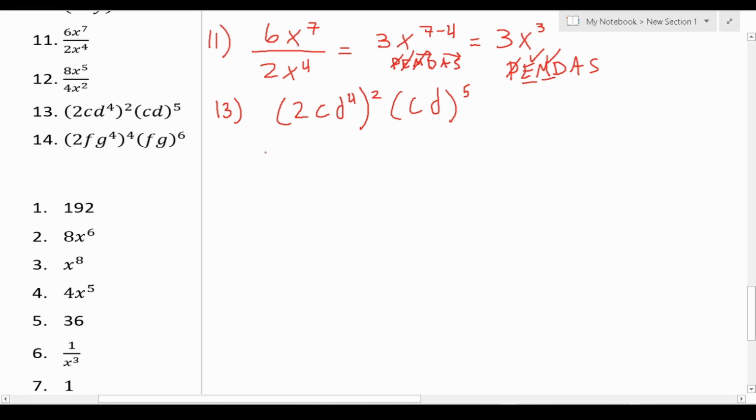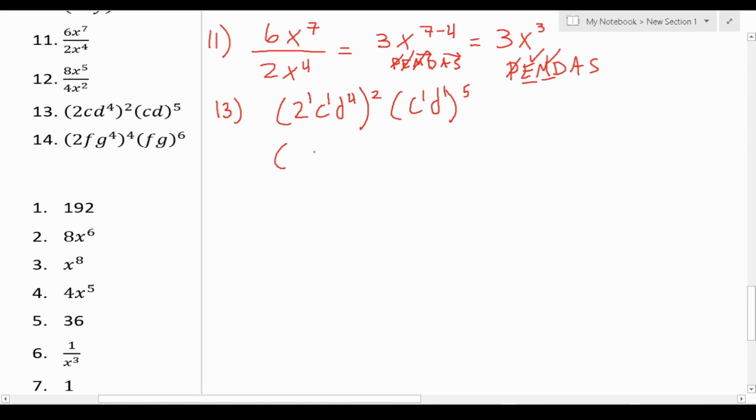I'm going to do these one at a time so as not to skip any steps. Again, wherever there's no power expressed, let's put a 1, just so it makes our work a little bit easier in the long run. Again, anything raised to the first power is itself. 2 to the first power is just 2. All right, so let's apply that. That's going to be,